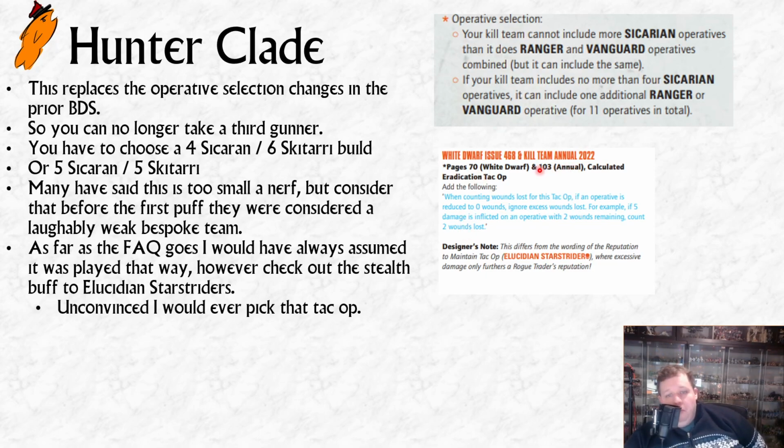So, as someone that's currently maining Euclidean Starstriders, I'm quite pleased. Although, honestly, I wasn't taking Reputation to Maintain, much less so now that we're just picking, right? Clade players, were you taking Calculated Eradication? Like, I think I've talked too much for something that's irrelevant to most people.